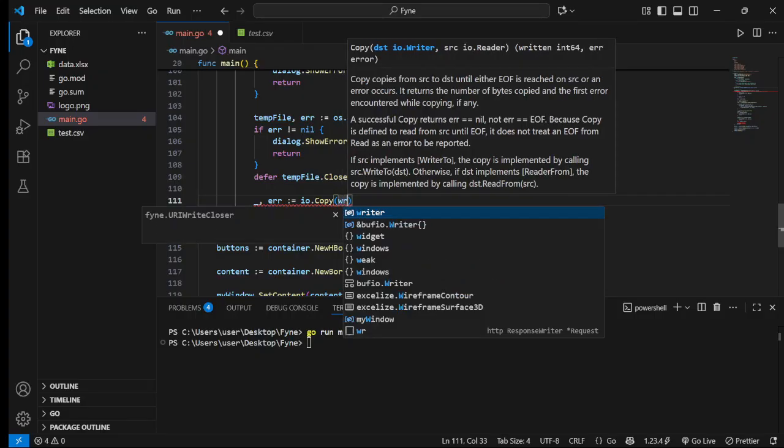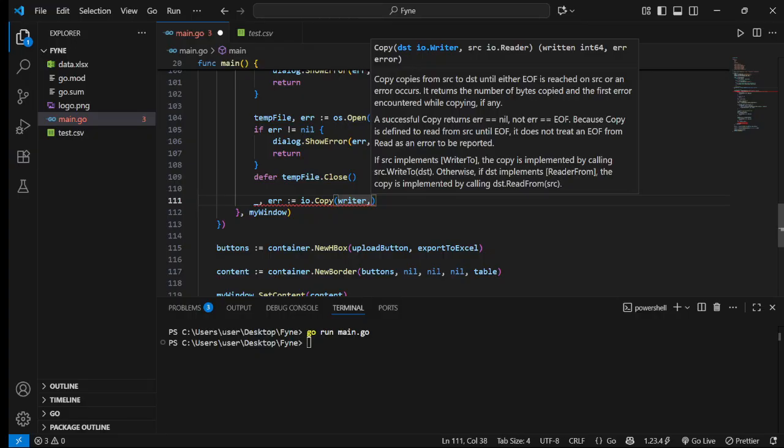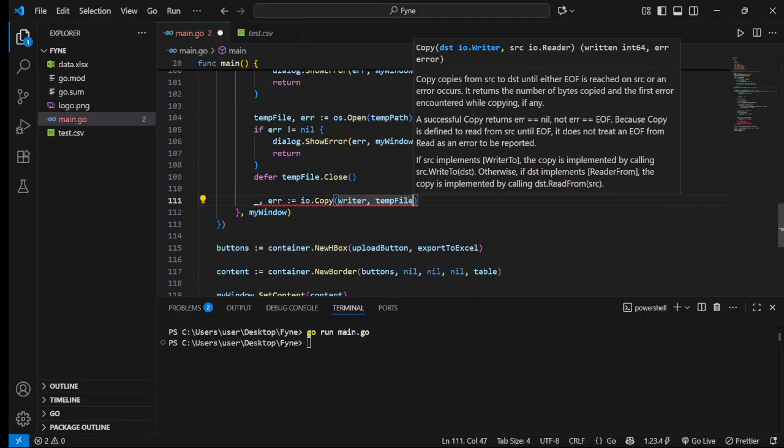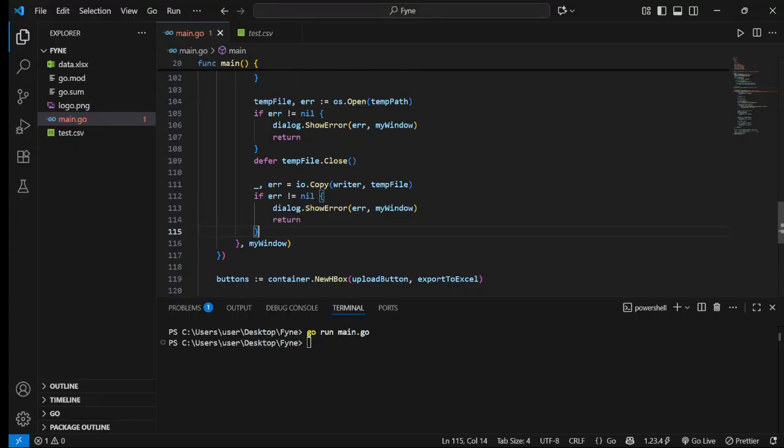We're going to copy it to our writer, and then we're going to, of course, copy it to our writer. We're going to copy the temporary file into our writer and ensure that there is no error,